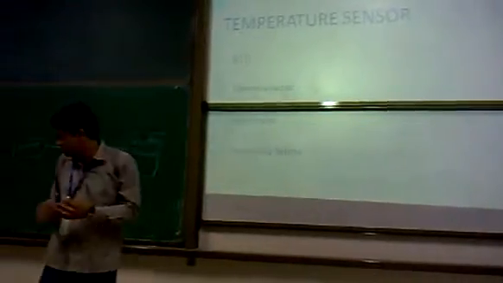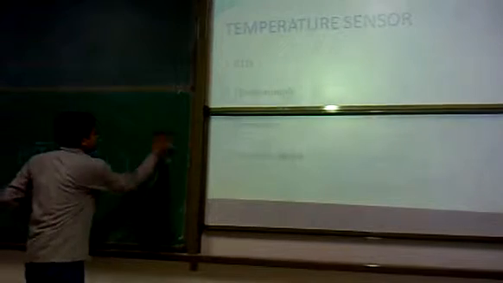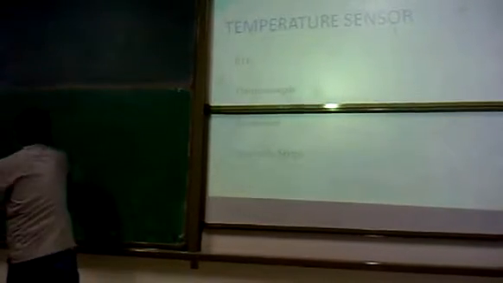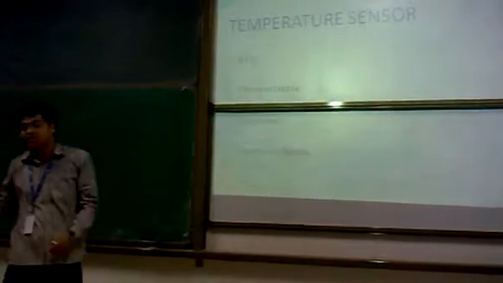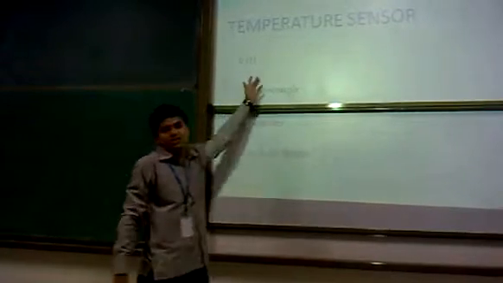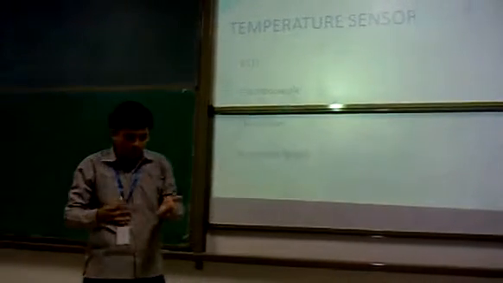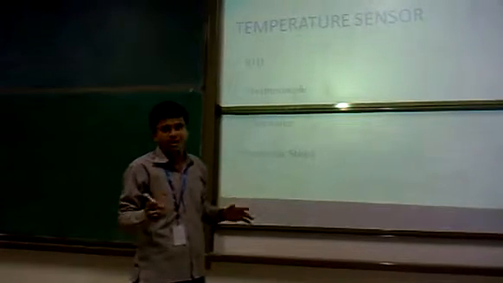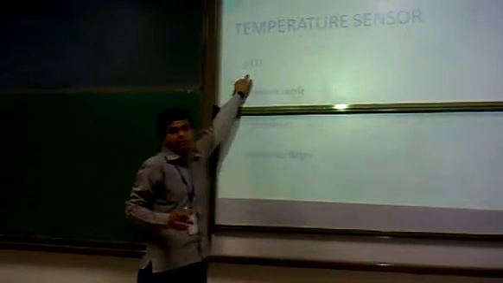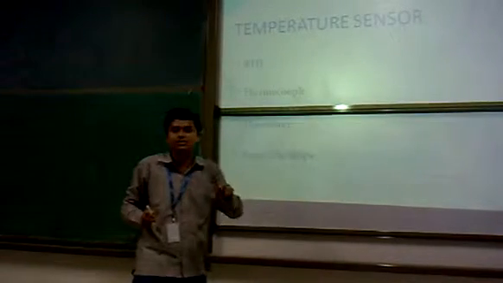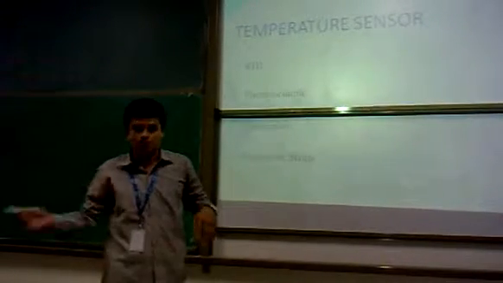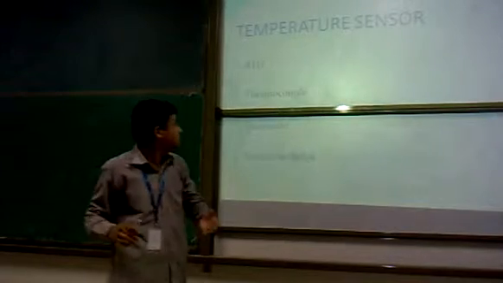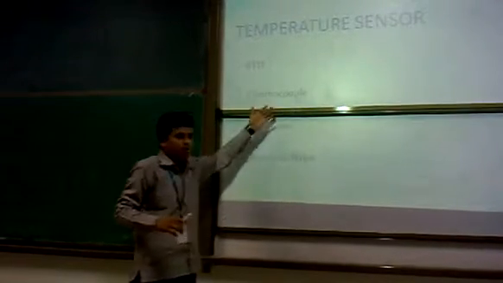Among these, for the heat flux sensor, we need a temperature sensor. There are various types of temperature sensors available. That is RTD, resistance temperature dependence. As the name says, when we apply temperature, the resistance changes due to that temperature. The sensor detects that change in resistance and gives the output in the form of a change in voltage. Also, there is the thermocouple.